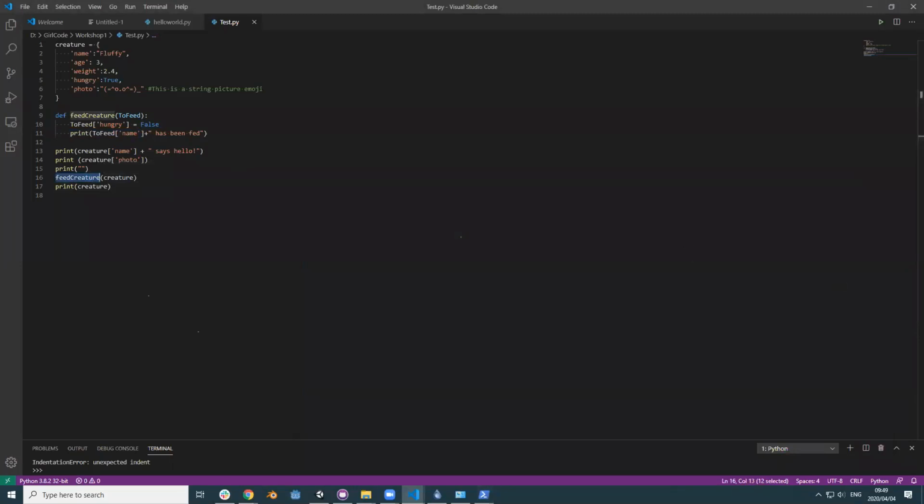Cool. So as far as Tamagotchis go, this is not the most engaging one, but right now we've got a super basic Tamagotchi that does the thing. It feeds a creature. So the next step